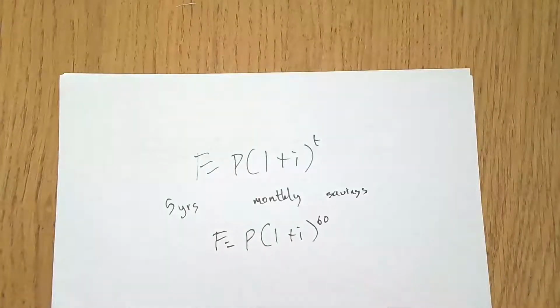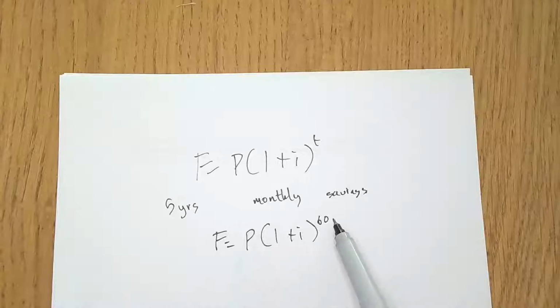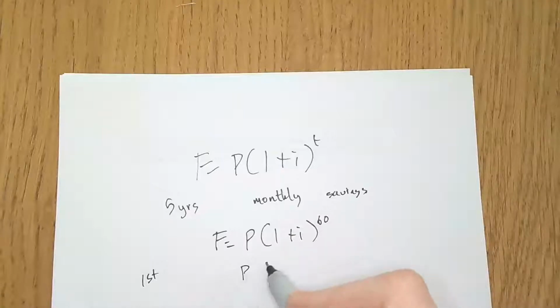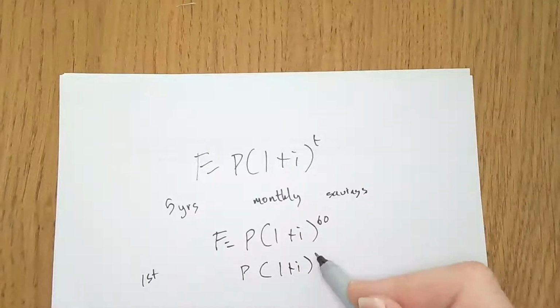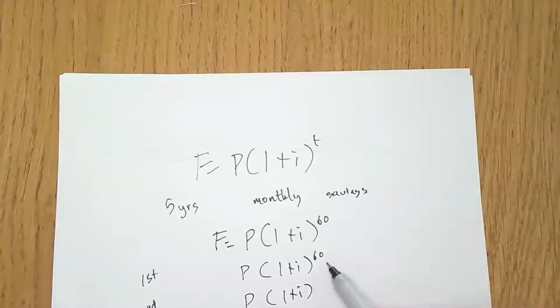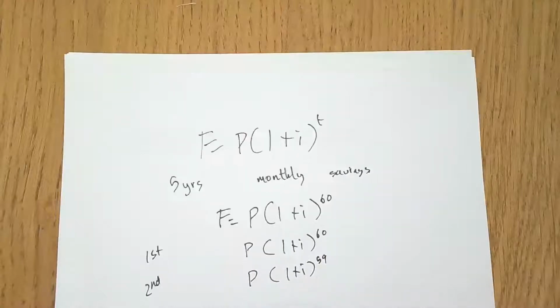Okay, but the reality is, because this P is being put in every month, it's not just one P going in and then waiting 60 months compounded, it's a P every month. Then what really is happening is the first P that's going to go in will be P bracket 1 plus I to the power of 60. Okay, the second month I go at will be P bracket 1 plus I. Now, I don't have 60 months left, I only have 59. So you see what's going to happen?